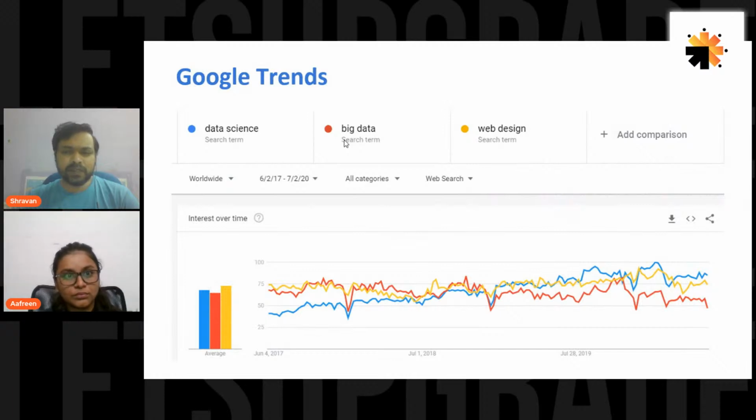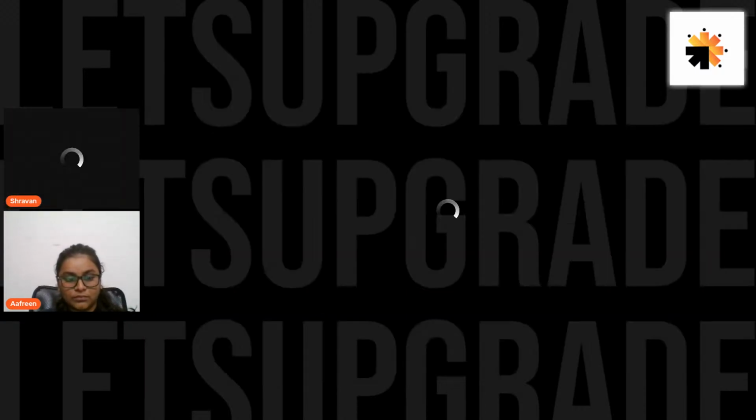I took this around 6 to 8 months back, but even then the trend is a little bit the same. This is somewhere around 2017. The blue one is nothing but data science. It is not that much in trend, but over the years 2017 to 2020 it has dominated every other sector, and now it is on top. That means it is the right time, that's what I can say. And I have some examples of